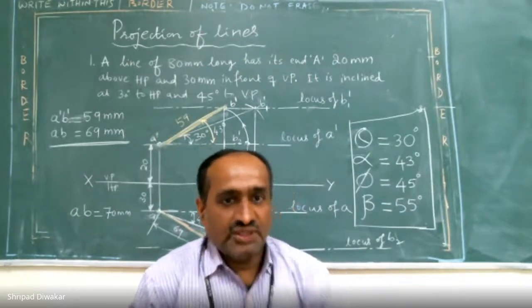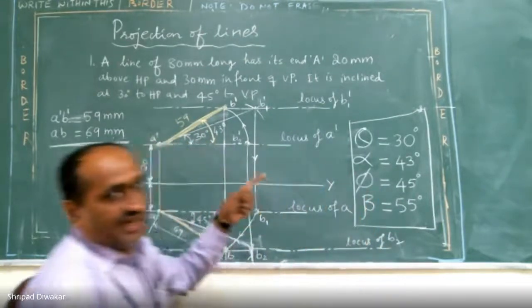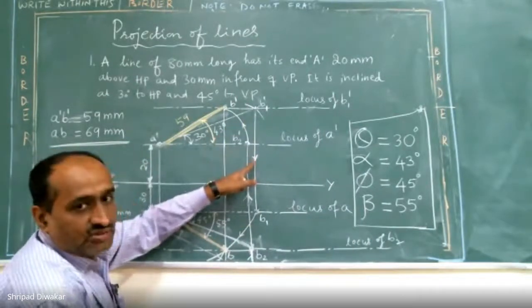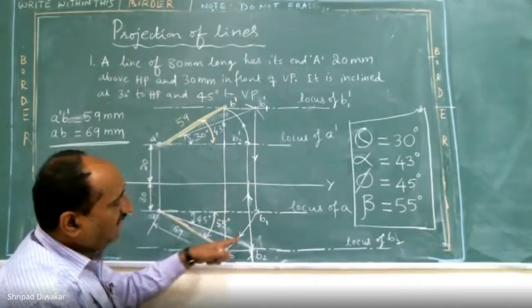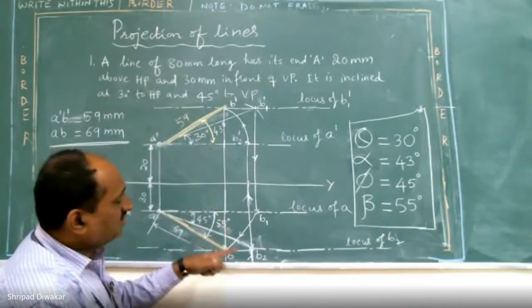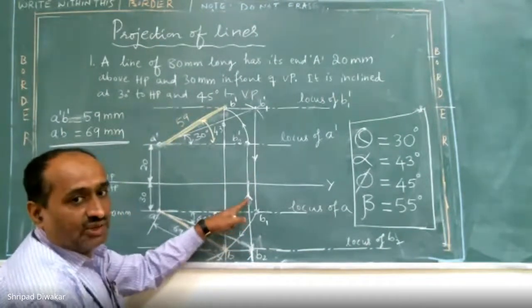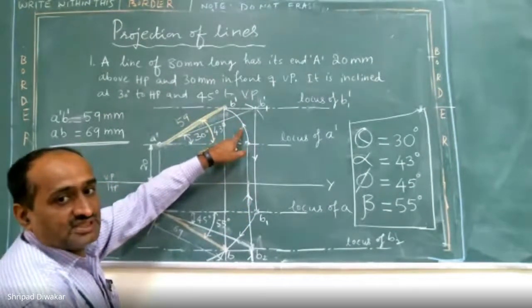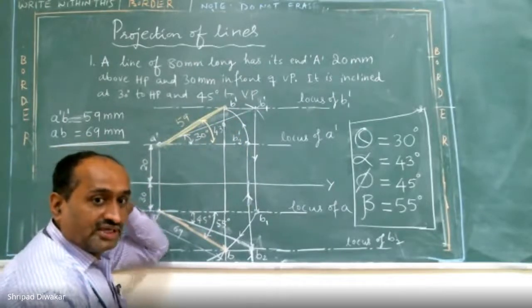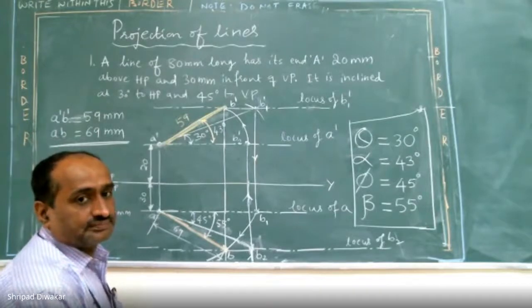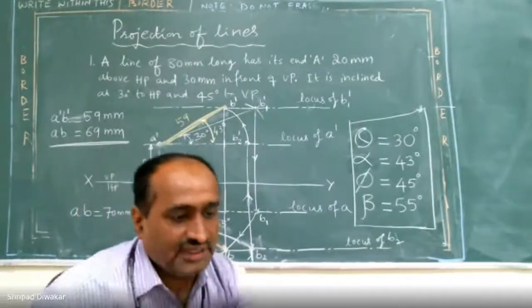You have to write all the things properly, dimensions. The arrow mark is also most important. How I am taking the arrow mark: I drew it downward, so you have to show the arrow mark in the downward direction. It is a continuation of that line. If you are taking the upward direction, you have to show the arrow mark in the upward direction, and I continue this line. So this is the arrow mark representation. The arrow mark is also an important thing. Understood? Yes, sir. Got it.